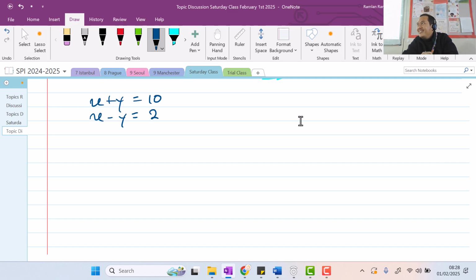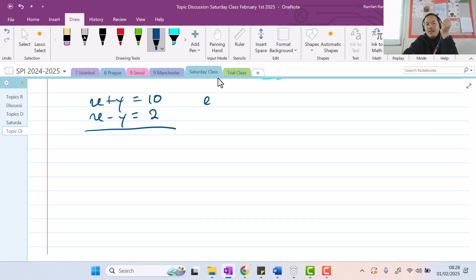Yeah, we can use what we call the elimination method, right? We have three methods actually. The first one is the substitution method, the second one is elimination, and the third one is a graph. We don't really talk about graph, but we can actually see it from using an application. But for this one here, what do you want to do here?